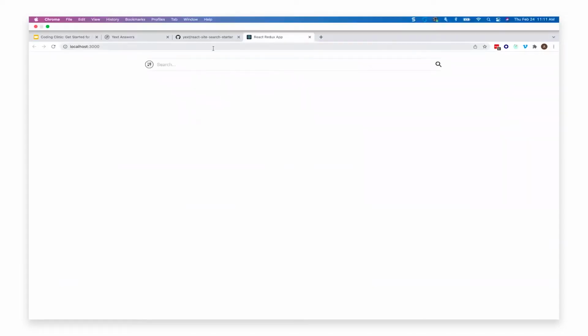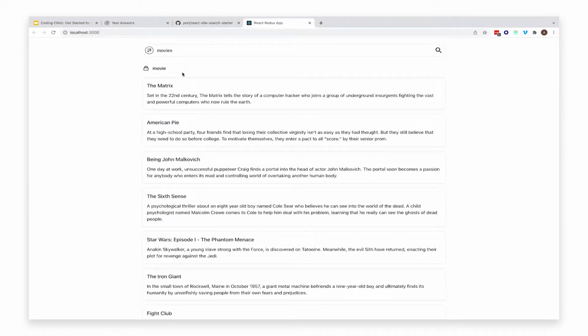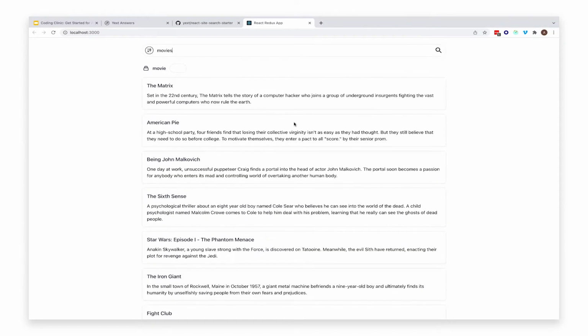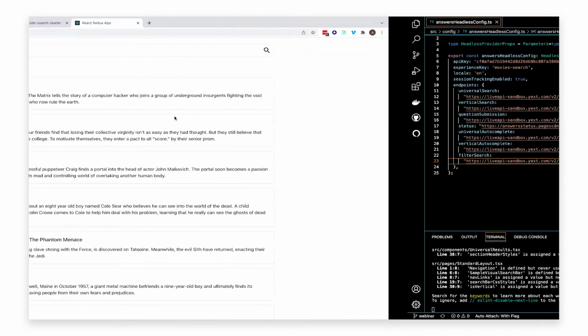All right, so this is similar to what you would see if you were to clone the repo and start running the application. So if I type in, for example, movies, it's pulling up the different movies that are in my knowledge graph. And you can see there's not a whole lot of styling going on here, just some default styling for the search bar and the different movie entities that I have here. So I want to make this a little more custom, make this look and feel the way I want. So back into my code,